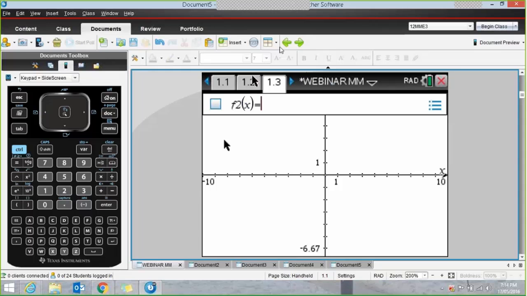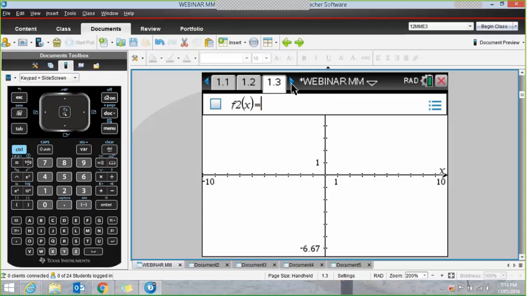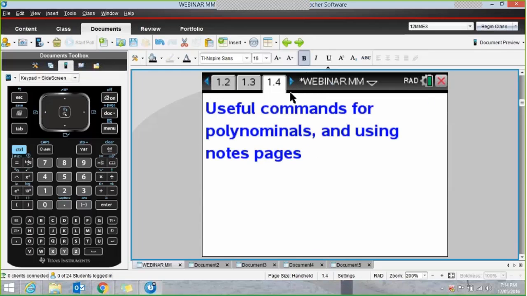So I hope that wasn't too fast, but that was my first point, is inserting sliders into a graphs page to help students to understand transformations of graphs. And then you just saw that you could even use the sliders to help students understand the nature of graphs depending on the power. Okay, the next little bit that I have for you today is in regards to polynomials